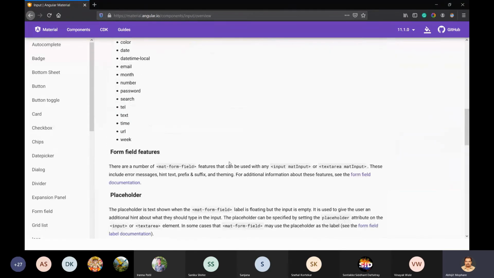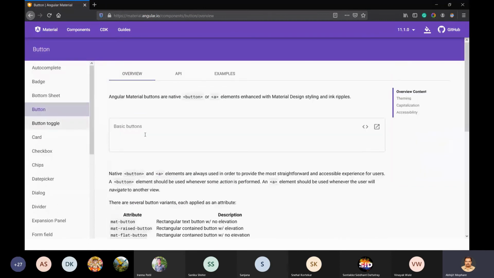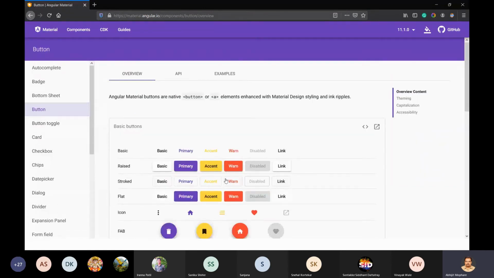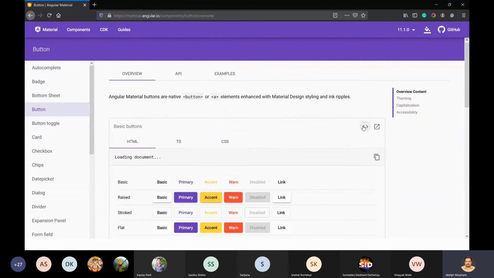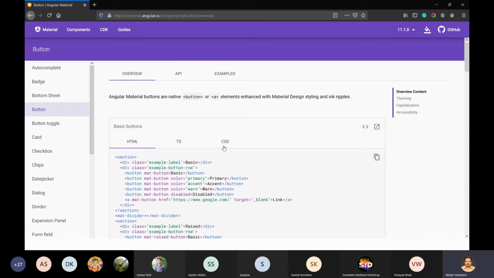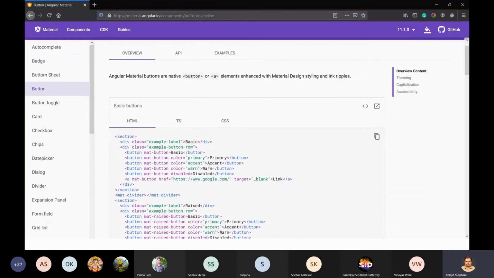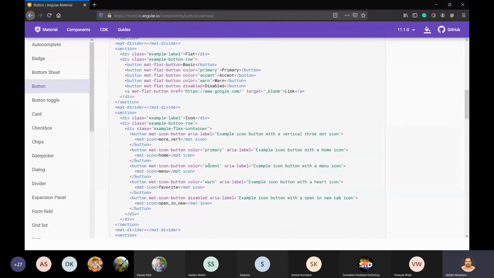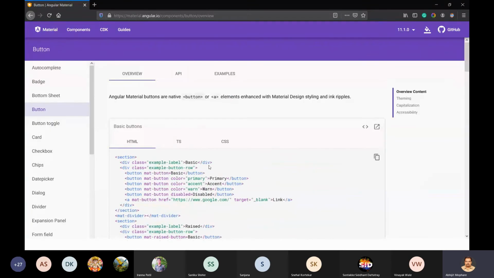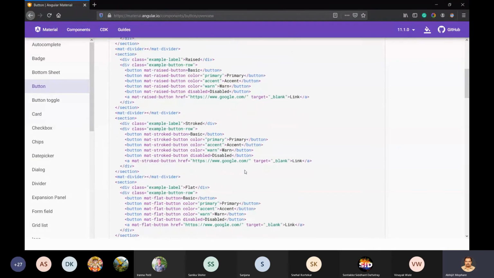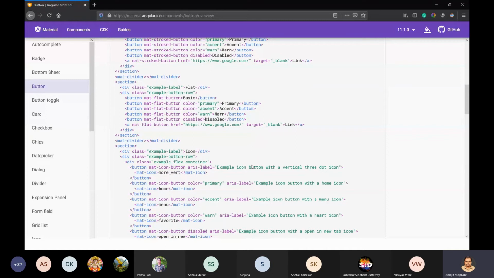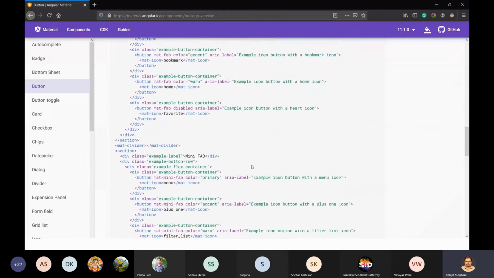For example, these are the buttons. If you see the code of these buttons, they are developed using HTML, CSS, and TypeScript, meaning JavaScript. You can replace JavaScript with TypeScript; these are equivalent. TypeScript gets compiled into JavaScript. Their compilers are available.